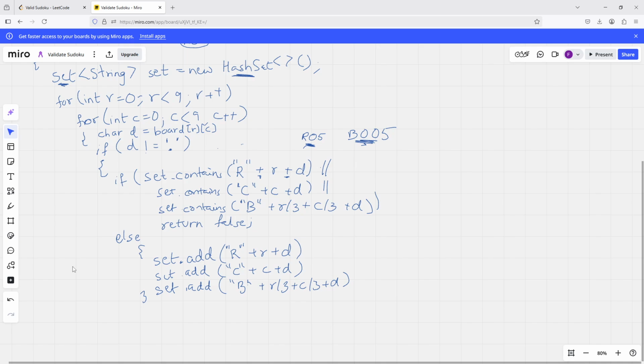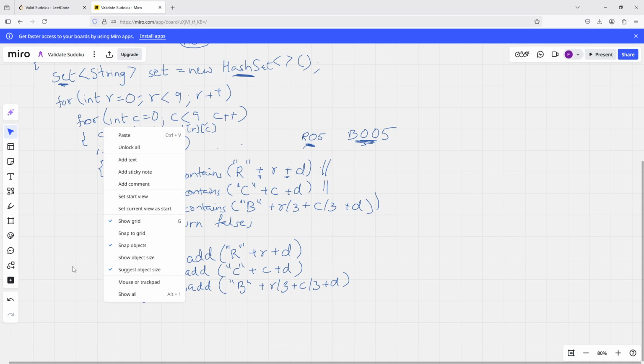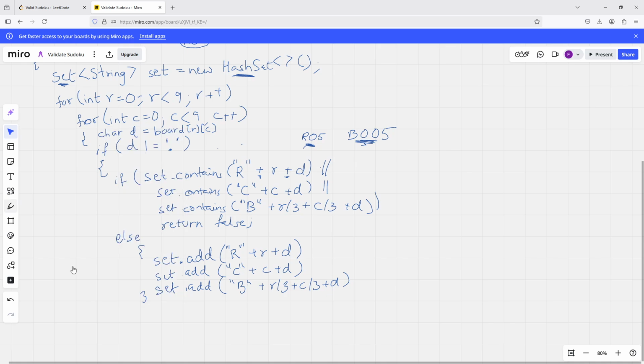Once we are actually done with this, we can close this, and once we close this one, we also close the for loop. Okay. And then for the main function, before ending it, we say return true,